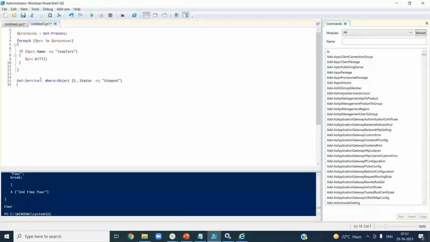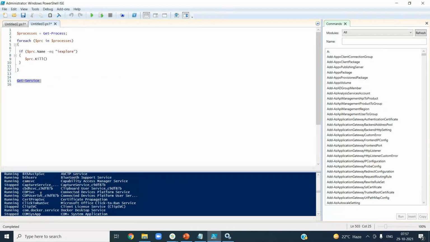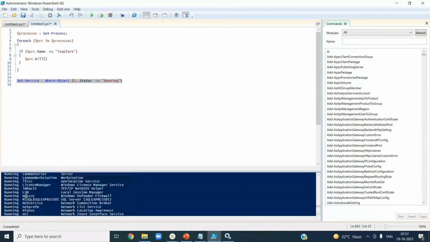So if you give only Get-Service, it will give all the services, right? But Purna, service refers to Windows services, right? Yes, all the services running on your laptop. It is my laptop here. If you're running on a server, it's the services running on your server. I'm just giving an example. So if you want to take only running services, then you have to apply this command, where the status of the service is stopped or running. Then you will get the services. So now you see only the running services, right? We queried it like this.